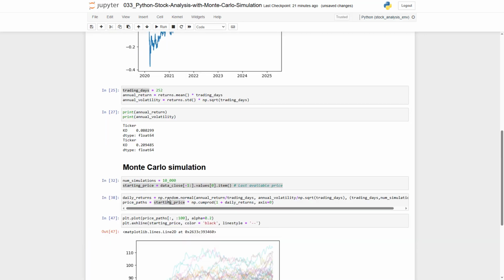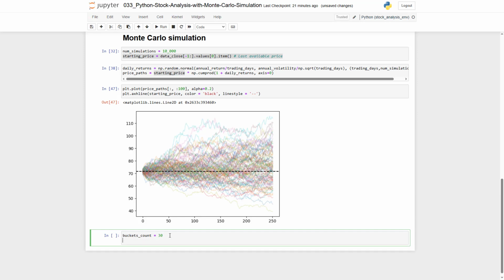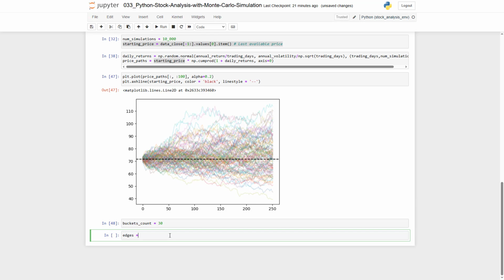So let's try to make something better out of this. The question is how. Let's try to put this data into some kind of buckets so it is more visible for us. We would have buckets count, a variable of 30, and then we would have edges. The edges are actually bucket count plus 1, and we need price bins, so we use linspace, np.min of price paths,